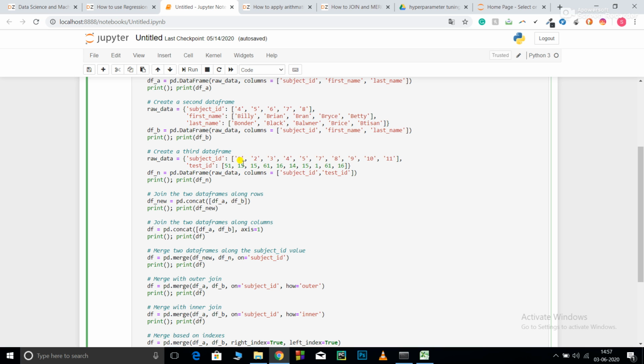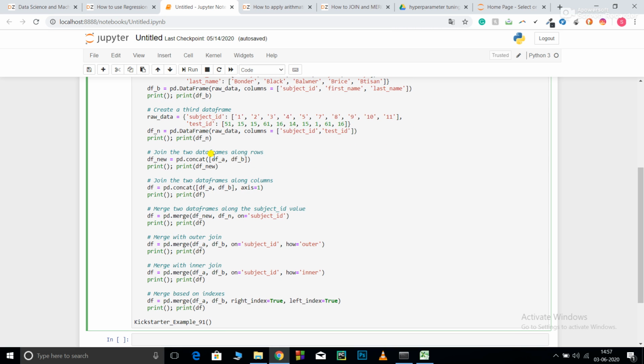It will first write the complete data frame of a, then it will write the complete data frame of b underneath that. So this was joining along the rows. If you want to join along the columns, it will concat side by side, so you just need to write axis equal to 1.